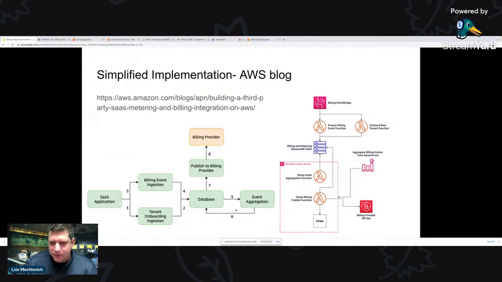There's also a step here which seems easy, but one big part of it is the aggregation, because if you just send events, that's going to be very hard to publish to a billing provider. You really need to do aggregations, right? Because let's take EC2 again. There are many EC2 starts and stops. If every day you go ahead and scan this database and send it to a billing provider, it's going to be very error prone. And we're going to talk about why.